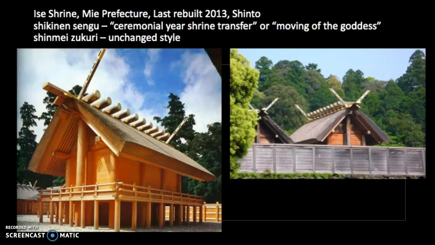Let's take a look at the most important Shinto shrine, the Ise Shrine. And the foundation of this shrine dates back to the year 4 BCE. You'll note here on the slide, I'm saying it's last rebuilt in 2013, and I'm going to explain that in a minute. Because this shrine is made of a number of different buildings. They're all surrounded by a fence that we see here on the right. And the site itself